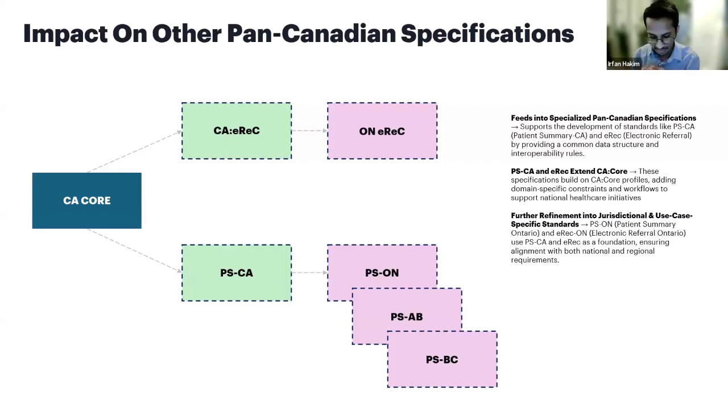make it more PHIPA focused, make sure that you're looking into other jurisdictional requirements, such as Ontario wanting a little bit more defined value sets, those sorts of things, and you can modify those pieces from the pan-Canadian e-referral to make it more specific to the Ontario e-referral. And in a similar vein, with PSCA requiring those specific value sets for Ontario,